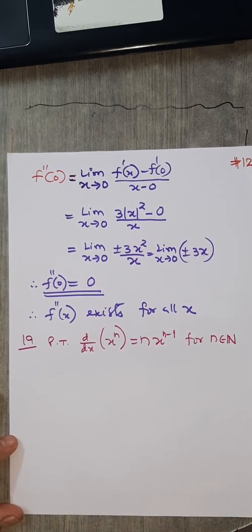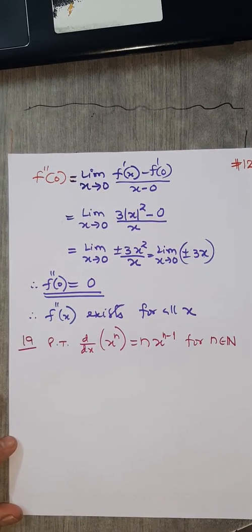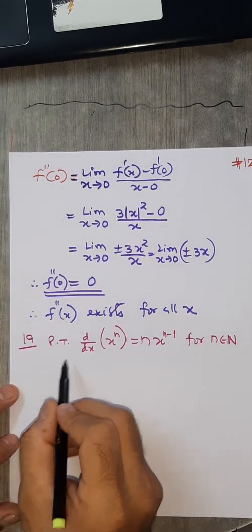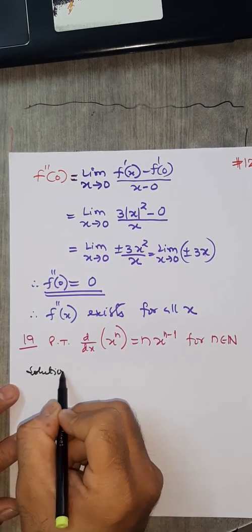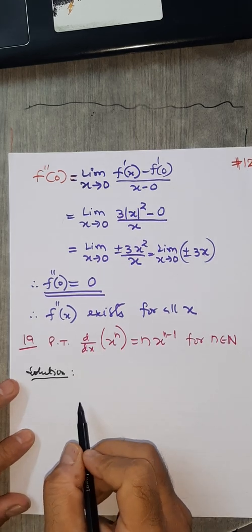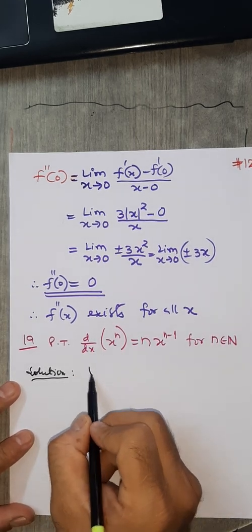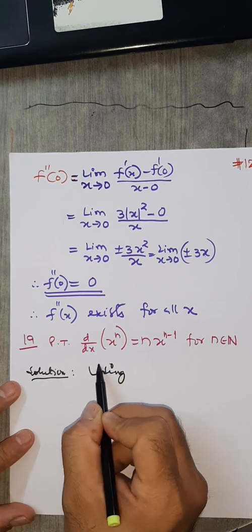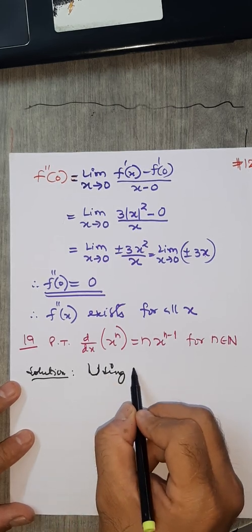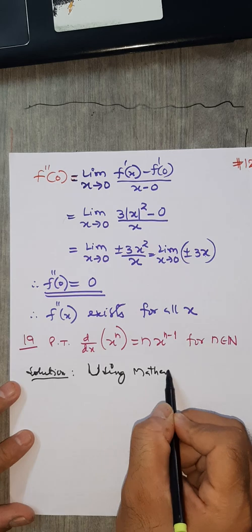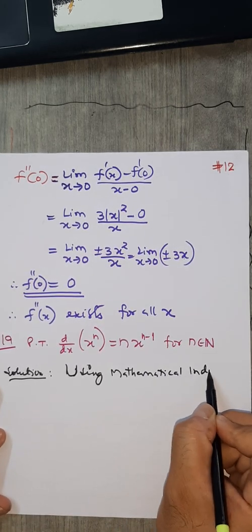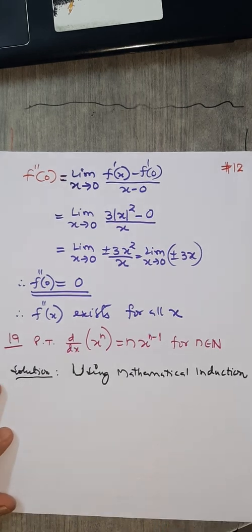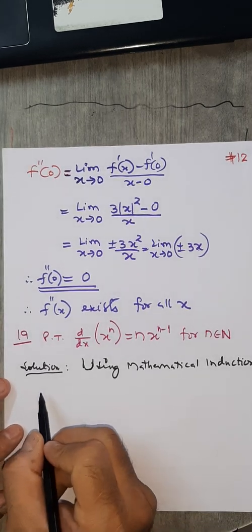Next, this is a very standard result. The derivative of x raised to n is n into x raised to n minus 1, but we want to prove it using PMI, remember. If you remember PMI, the principle of mathematical induction. Mathematical induction means using PMI from 11th standard. So there, first